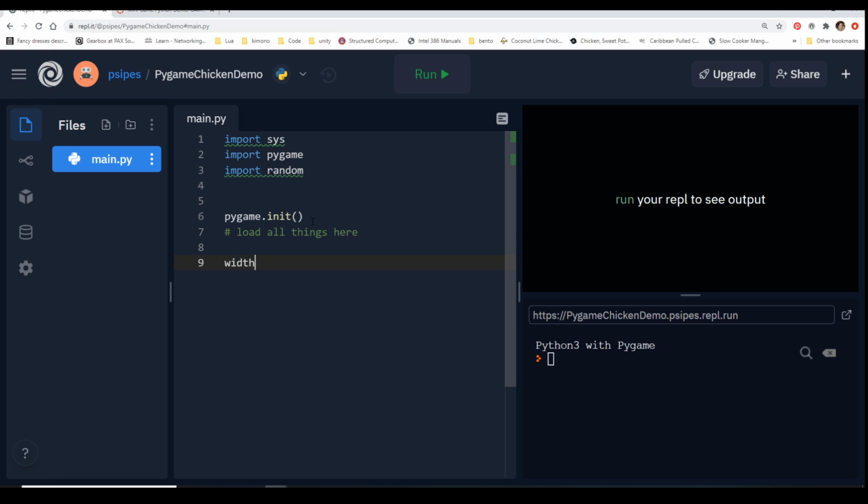The way I like to do it is to set width and height as separate variables. So width equals 800, height equals 600, because it's a lot easier to call a variable called width than to have to actually pull out the tuple. And then we say size is equal to width, comma, height. That's just thinking later down the line that we're going to want to use width and height. We're going to want to see those variables, or manipulate based off of those variables. Which we do in this specific instance because we want to say, hey,